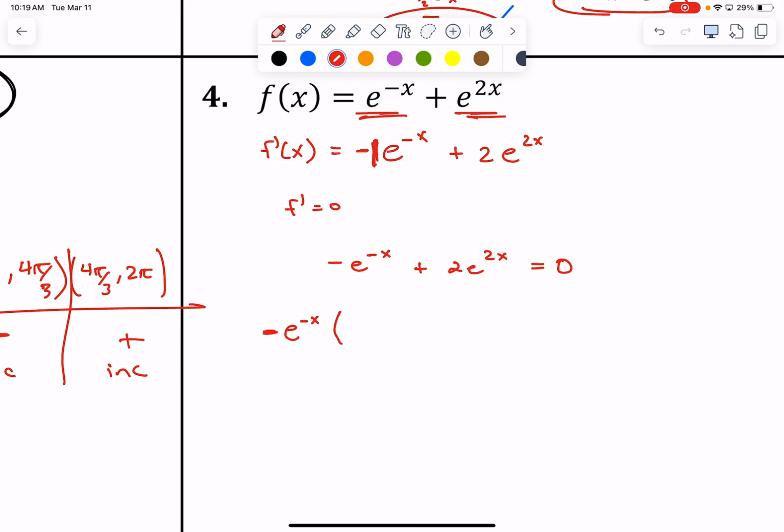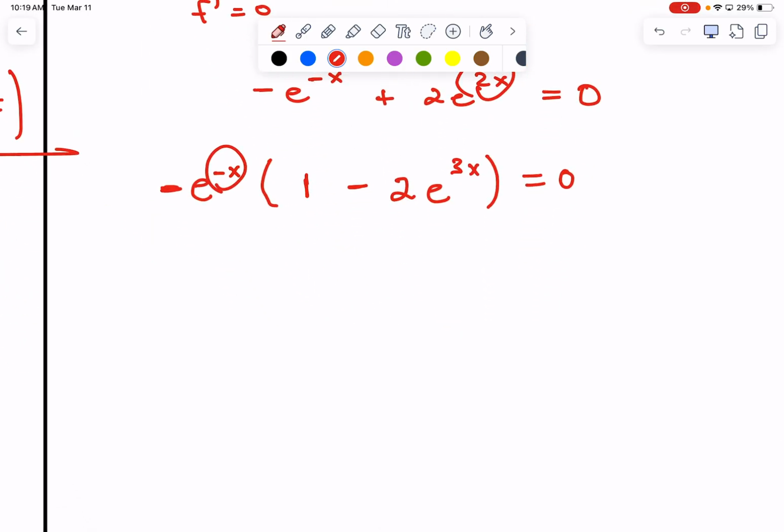All right, that's going to give me a 1, and that's going to give me a -2 e to something. Now, what's the rule when you divide powers? What do you do with the exponents? So we're going to have 2x minus a negative x, 3x, very good. Equals 0, good. I like this. We went over this yesterday,